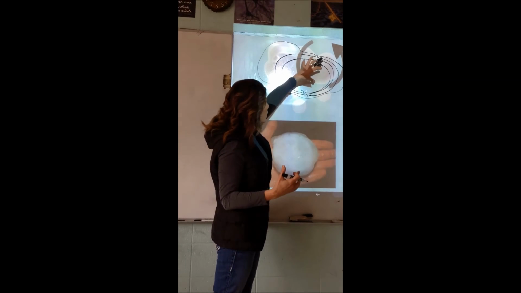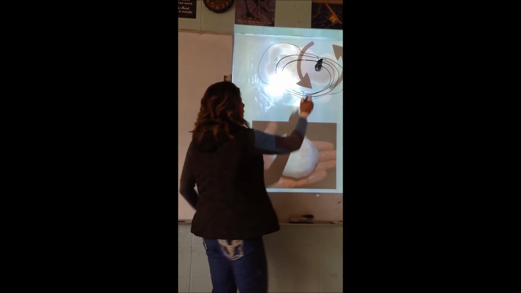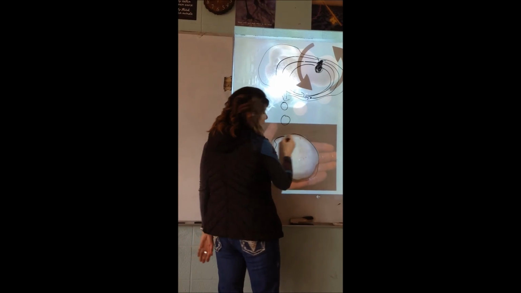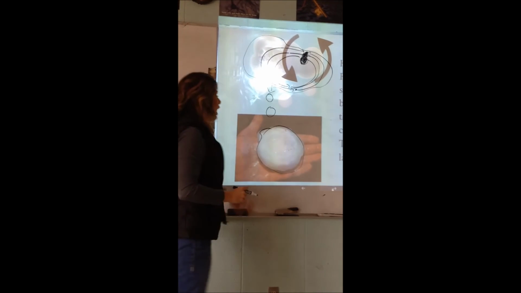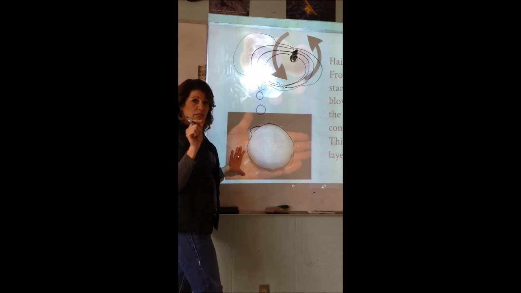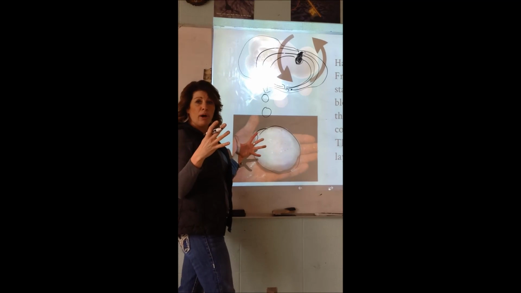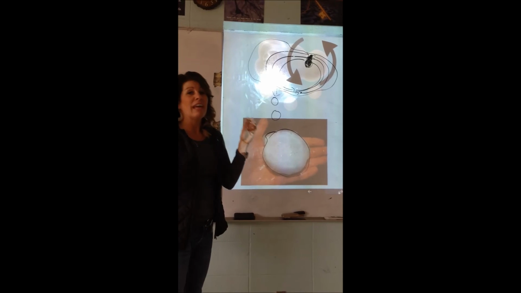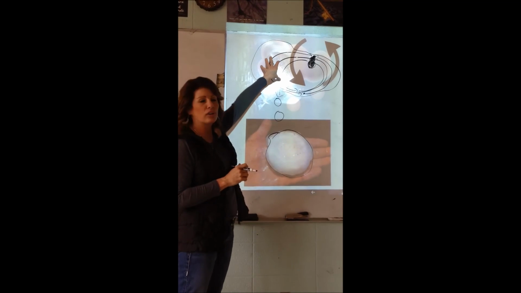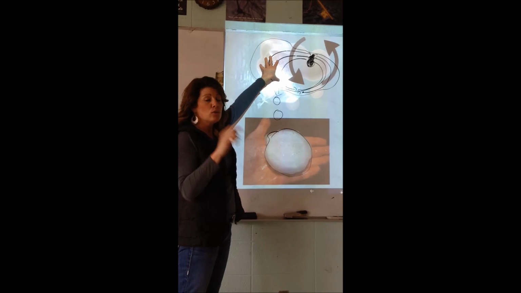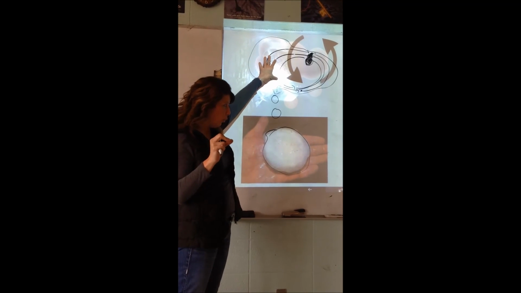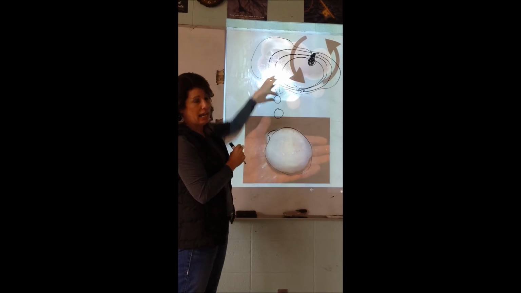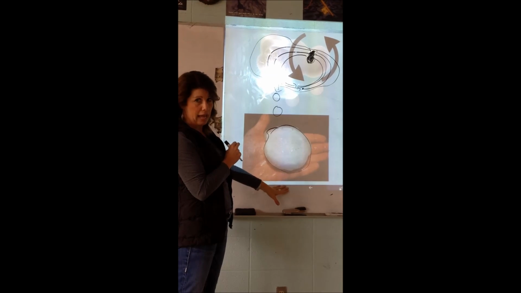Now, at some point, it's going to become so heavy that this cloud can no longer sustain it, so it falls down as a piece of hail. Excellent. Okay? Now, hail can be tiny or it can be big. It can be softball size. It can be grapefruit size. The bigger the piece of hail, the stronger the cloud was that produced it. So you have to remember, hail falls from the cloud as a solid and it hits the ground as a solid. Okay? All right.